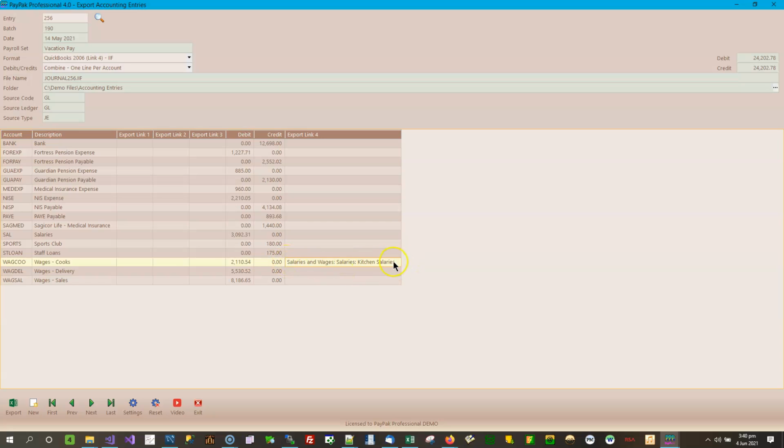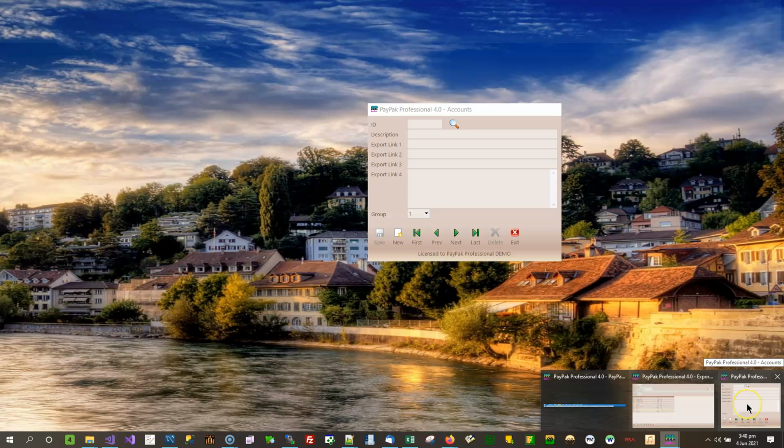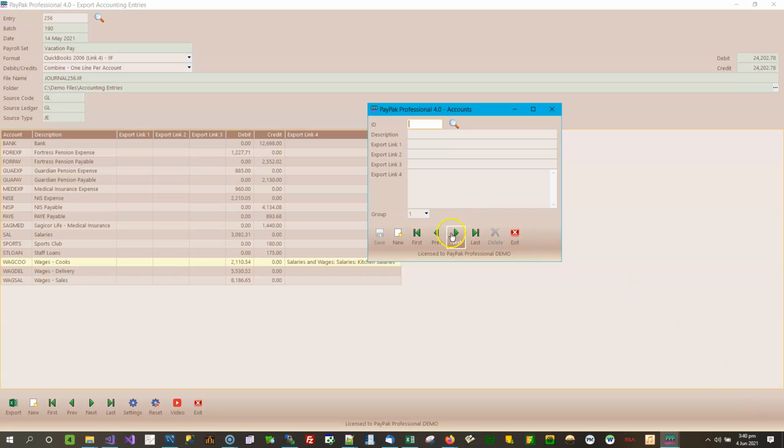That export link for the account, because what you would do in cases like this, will be used for QuickBooks where you do not have an account number set up. The account number is optional in versions of QuickBooks, so you don't have to have an account number, but you must have an account name, and when you have the account name, that's what the name is. So if that's the case,